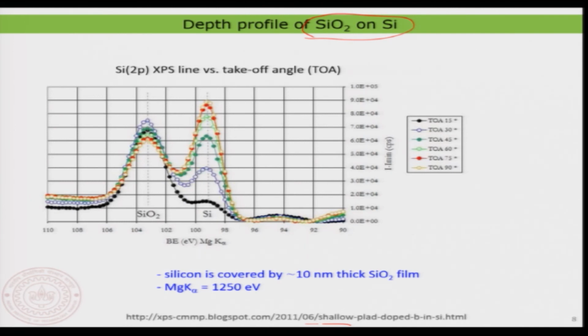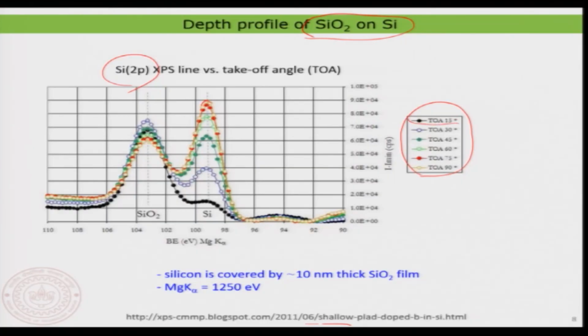Now I am doing an experiment where I am looking at the 2p core level of the silicon as a function of the takeoff angle. The yellow spectrum here is the one recorded at a normal takeoff angle. That means the detector is exactly on the top, and then you rotate the sample and start to detect. The takeoff angle is getting smaller and smaller. What you see is something very striking. When you have a takeoff angle of 15 degree, you see this spectrum where the silicon resonance